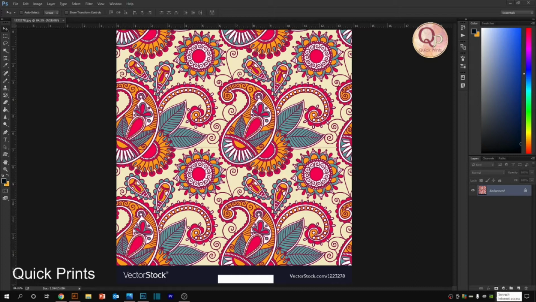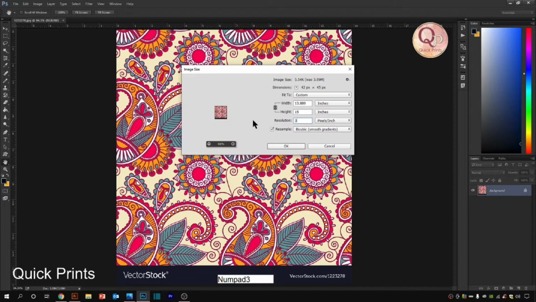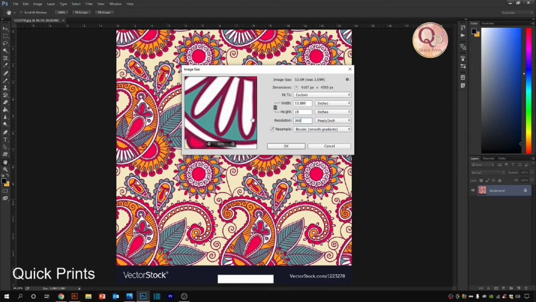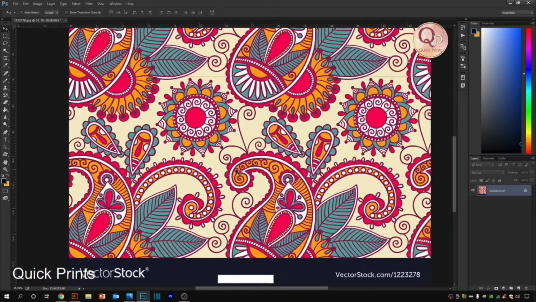So this is the image which I have downloaded from the internet. Whatever shortcut command I'll be using, you can see in the white dialog box. Let me see the image size. What is the downloaded image size? That is the shortcut command: Alt Control I is the shortcut command for image size. 13 by 15 is the size and 72 resolution. So let's keep the resolution 300 so that the artwork converts with more clarity. So this is the 300 resolution size. We have kept the same size.